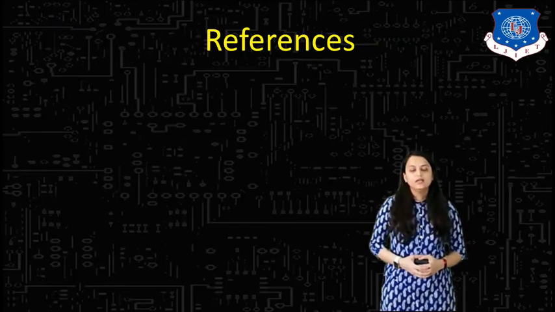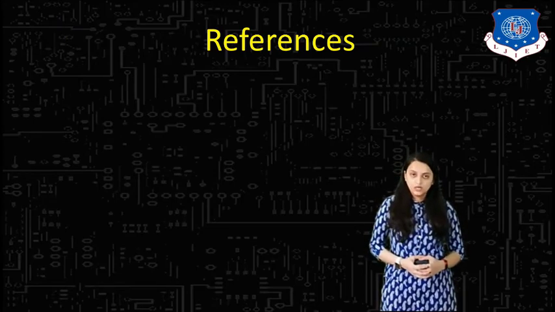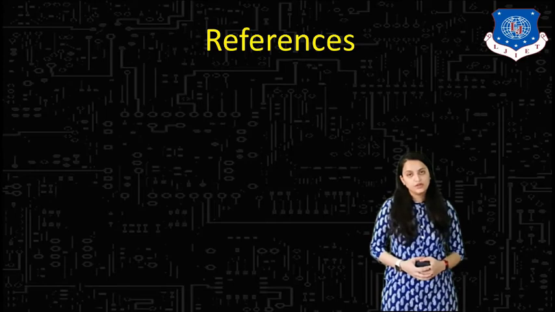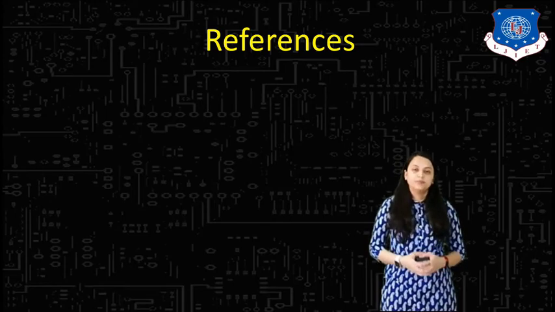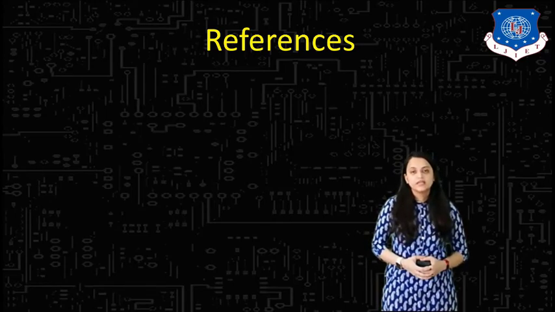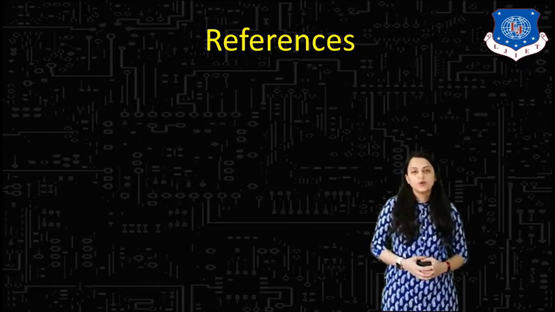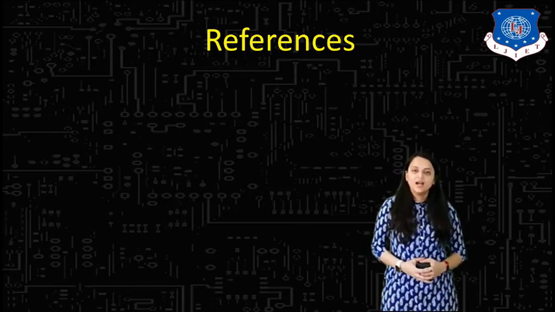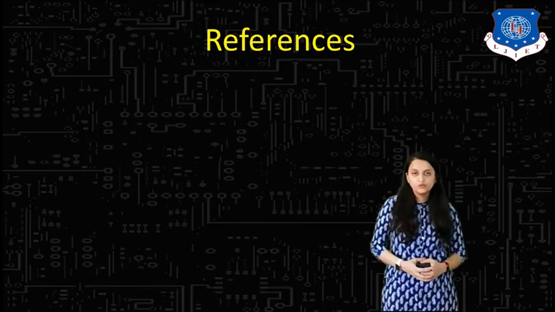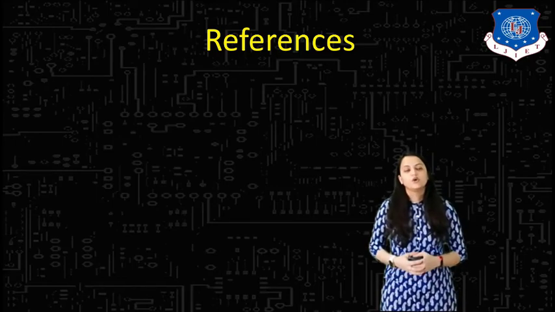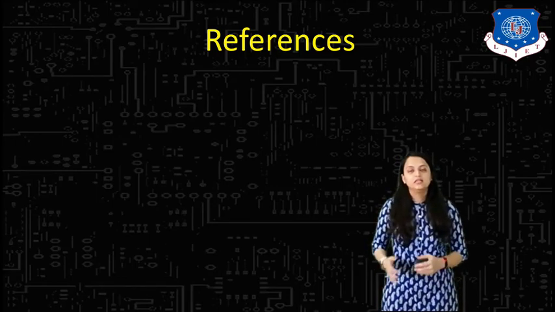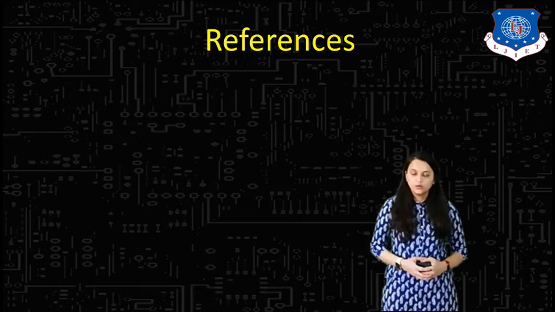I hope that the integrator concept is clear to you now. We have seen two types of integrator, ideal integrator and practical integrator. Understand the difference between these two and try to remember the output equation for each and every case. For example problems, this equation will be useful to you. You have to substitute the values which are given to you in the data in the output equations of ideal or practical integrator. Okay?